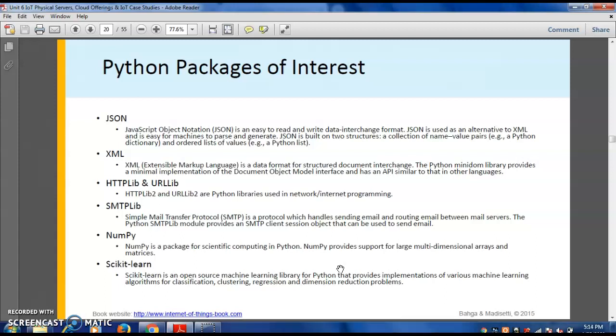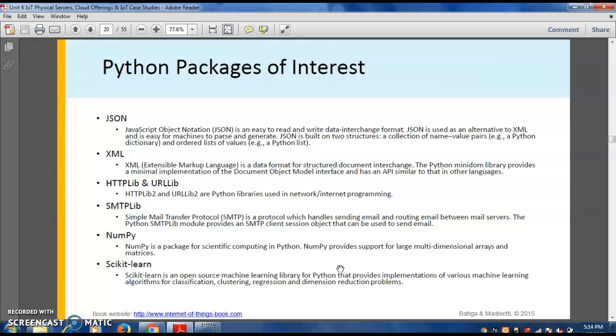These packages are provided in Python, so you can use them. NumPy is the package for scientific computing in Python. NumPy provides support for large multi-dimensional arrays and matrices. Scikit-learn is an open source machine learning library in Python.